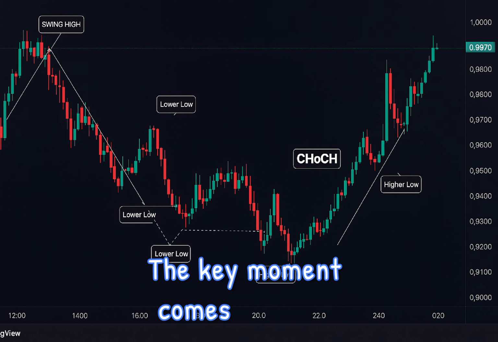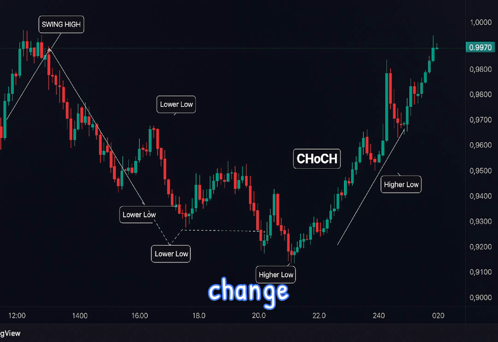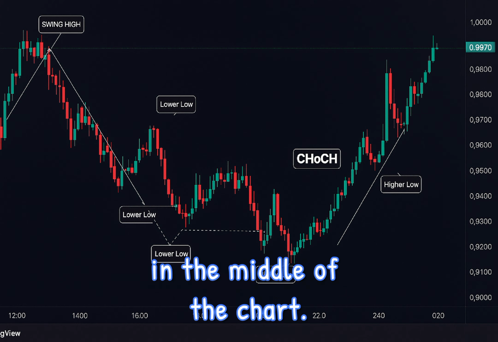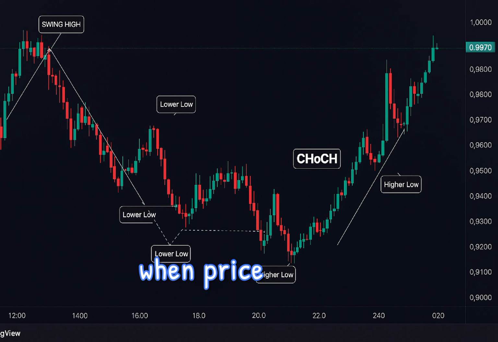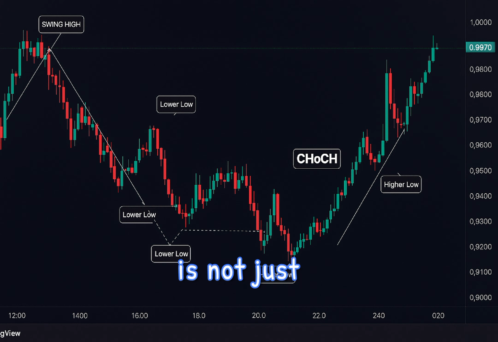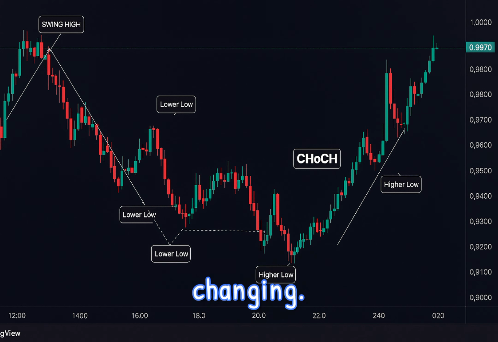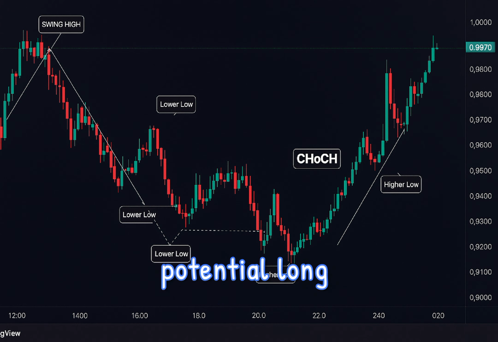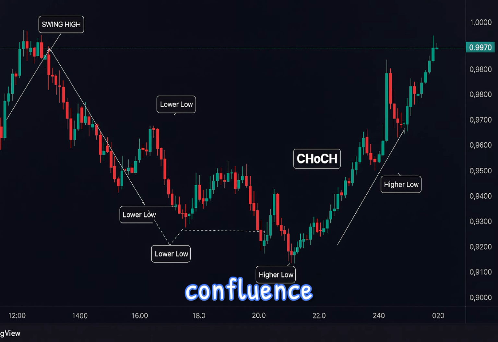The key moment comes when we spot the CHoCH, or change of character, in the middle of the chart. This occurs when price breaks above a previous lower high for the first time. This is a major clue that the downtrend is weakening and buyers are stepping in. The CHoCH is not just a breakout, it's a signal that market sentiment is changing. Smart traders use this area to prepare for potential long entries, especially when confluence builds with bullish price action or